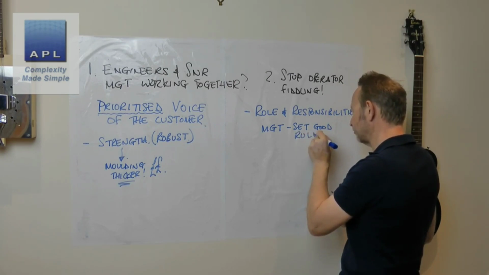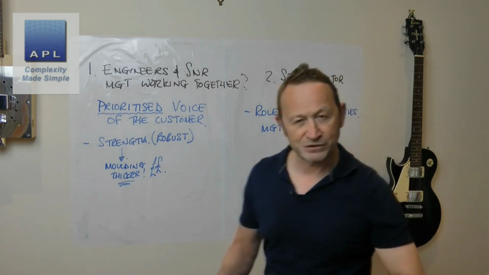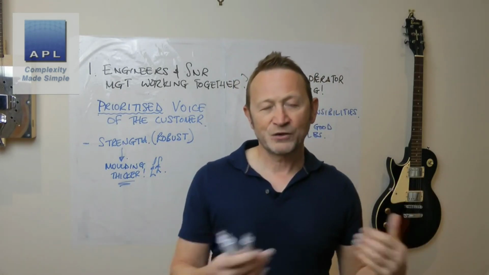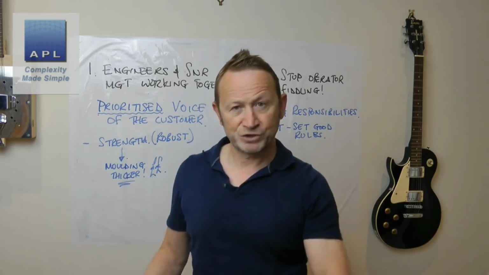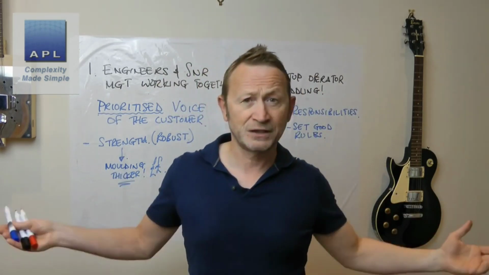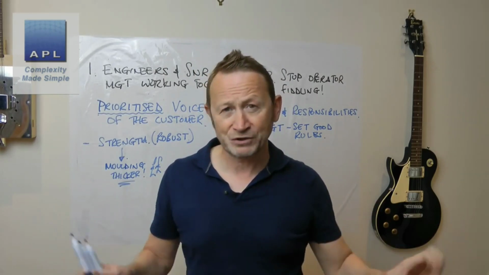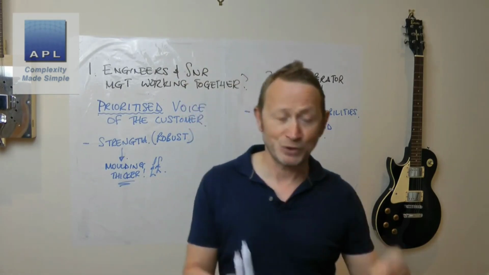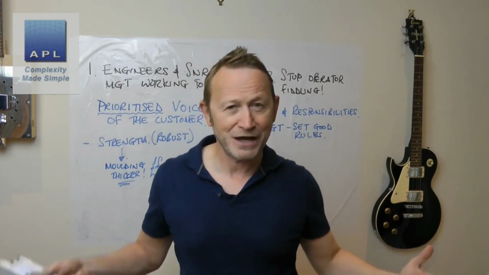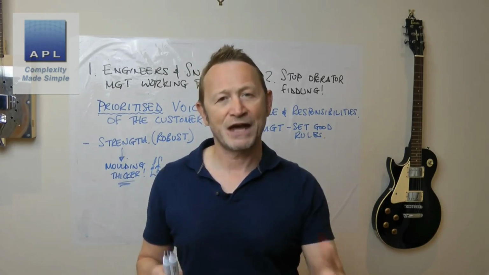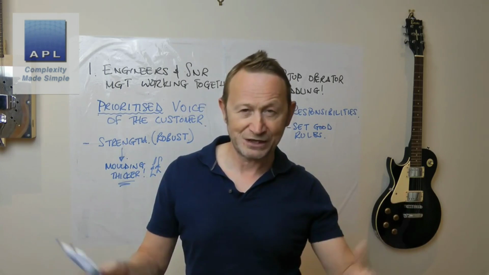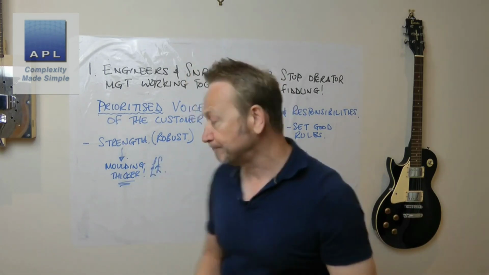The role and responsibility of management is to set good rules, whatever that means. That could be a cleaning routine, it could be speeds, feeds, temperatures, the way a machine is run, maintenance routines. We do this maintenance once a week, once a month, once a year. Purchasing policies: we always buy from the best supplier, we always buy from the cheapest supplier, we always play suppliers off against one another, whatever they happen to be. Management's role is to set good rules, all right? And world-class companies would tell you what those good rules are.